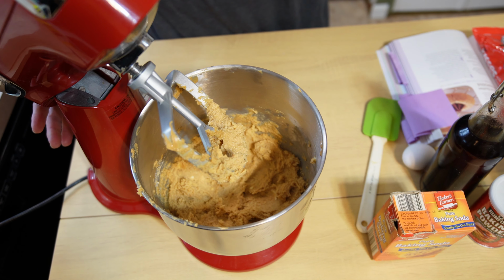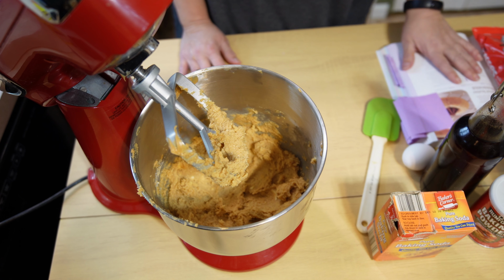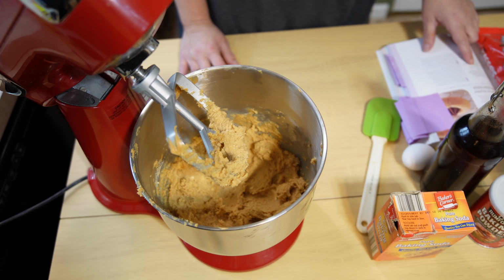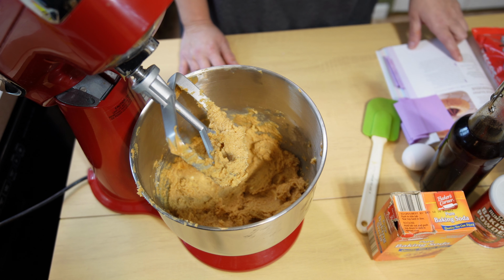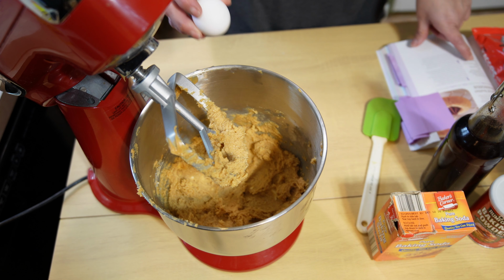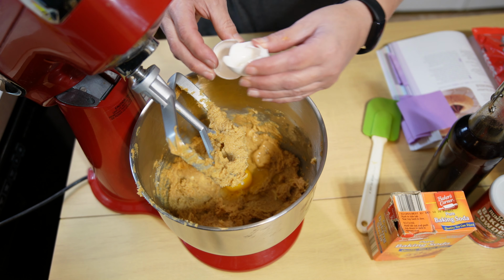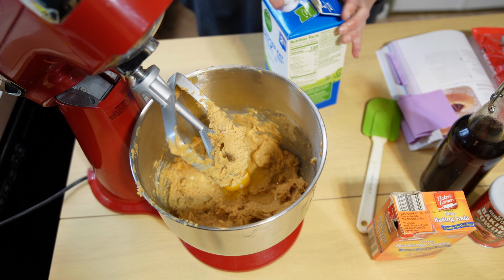Okay, looks pretty good. Now, for some reason, this series of recipes includes the baking powder and baking soda with the wet ingredients, which I have never seen before. So we're going to wait and combine that with the flour before we put that in here. So we're going to go ahead and add 1 egg, 2 tablespoons of milk,